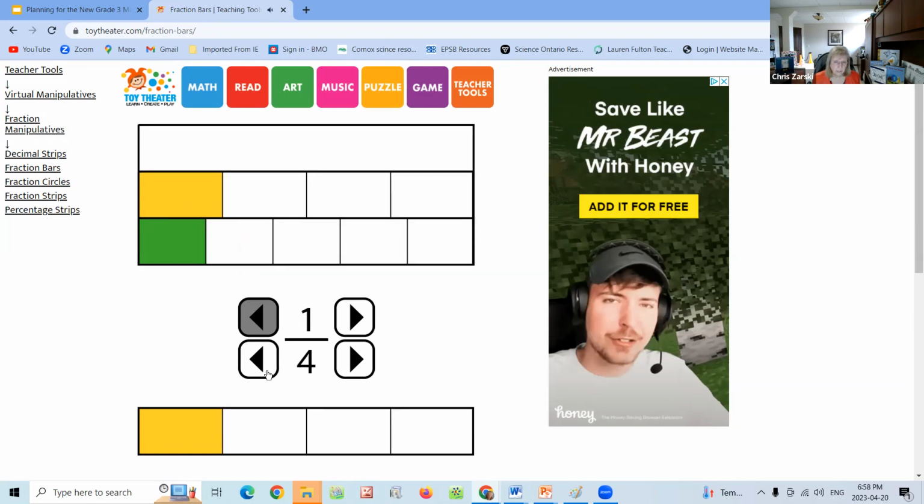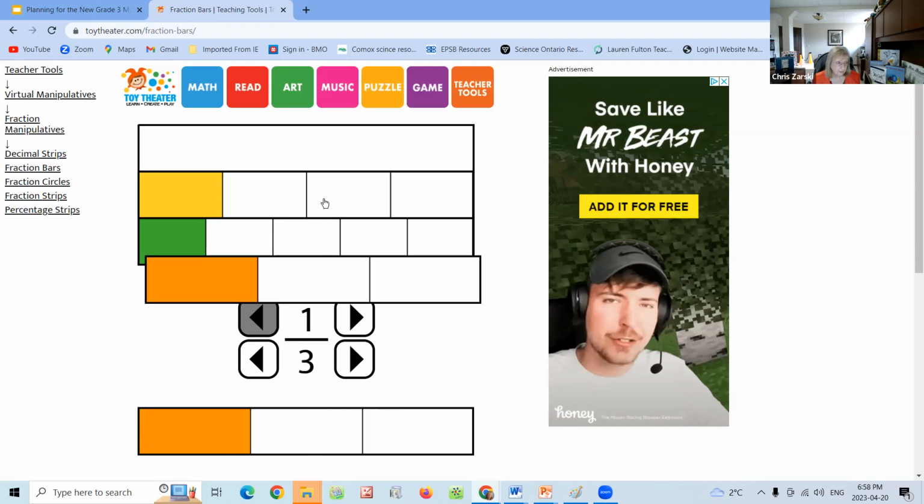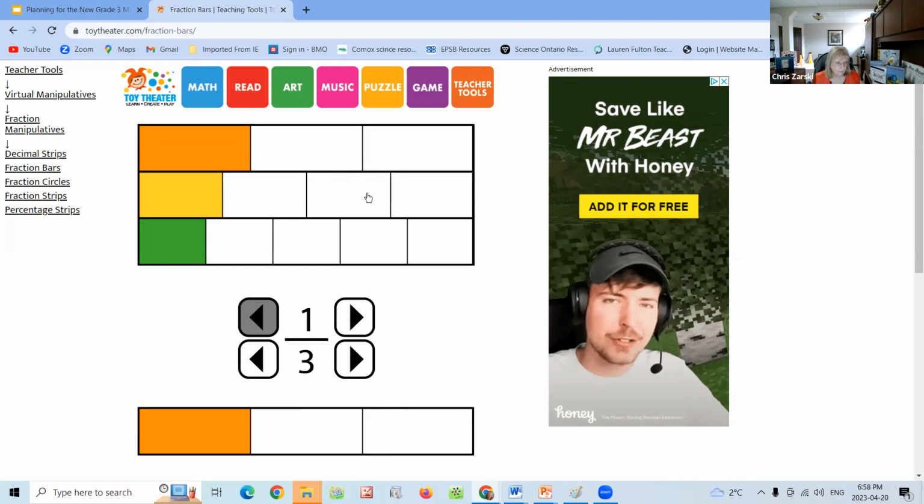And then we could even say, what do you think's now going to happen? What's your answer going to be before you even show it? So they should be able to conclude that 1/3 ends up being the larger. You could use fraction strips, same idea. But this is one way for us to have another place that they can go and build. And you have quite a bit of flexibility here.